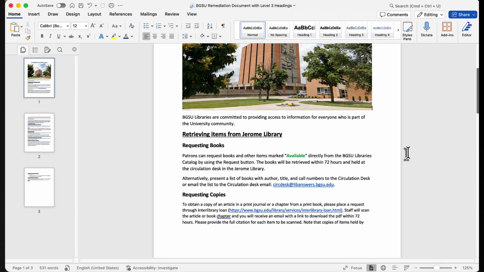To create a descriptive text link, I'm going to copy the email address. Then I'm going to highlight the words where I want to put the link. In this case, email the list to the circulation desk. Regardless of the surrounding text, that text alone makes it clear this is a link to email the circulation desk. So I am highlighting that text,